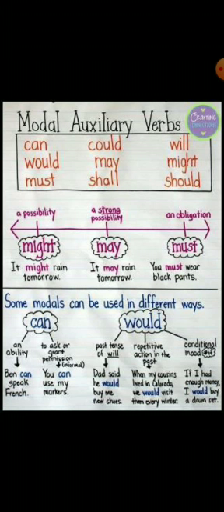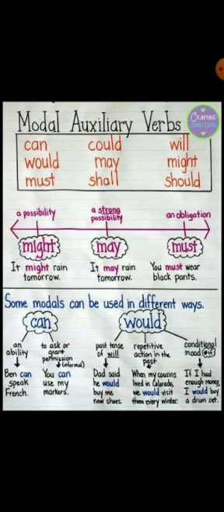Now for must. It is generally used along with the infinitive without to. What are infinitives? Infinitives are those combinations in which we use to plus the first form of the verb. But here, along with must, we are going to use the infinitive without to, which means only the basic form of the verb, for possibility and rules.